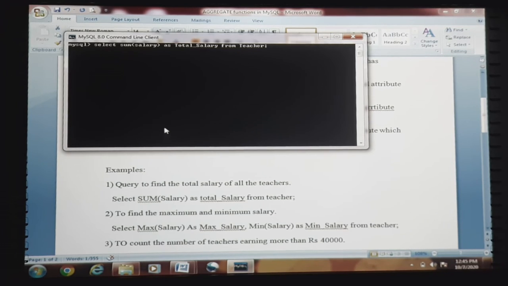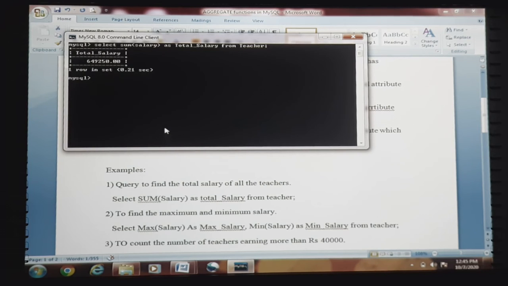So here we are using the sum aggregate function along with alias by adding a new column into our relation as total salary, which will simply display the total sum of the salaries of all the teachers who are enrolled in a particular school.